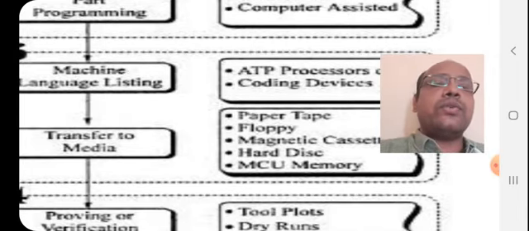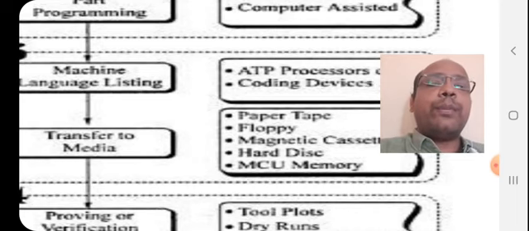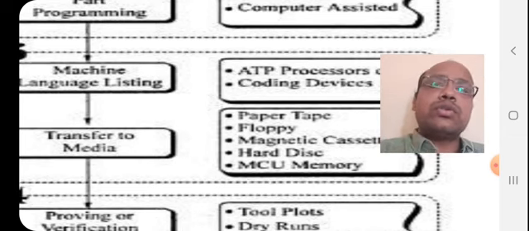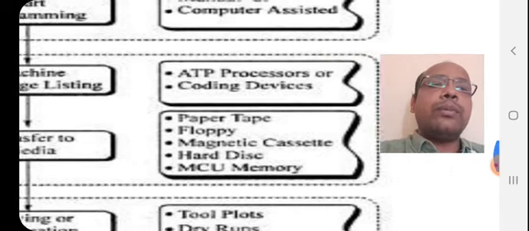Tape preparation means we are going to code a part program on different tapes. For that purpose we need different machine languages which are used to code a part program on the tape, so it may require coding devices. Then transfer to a media.